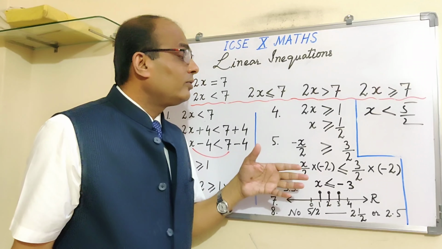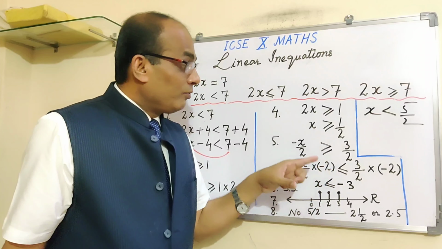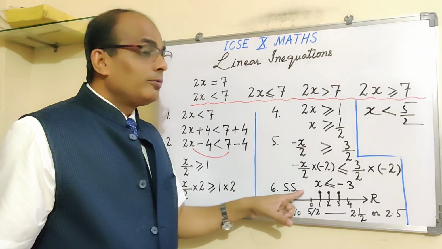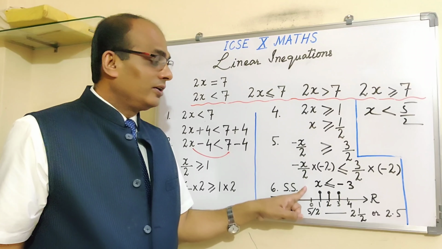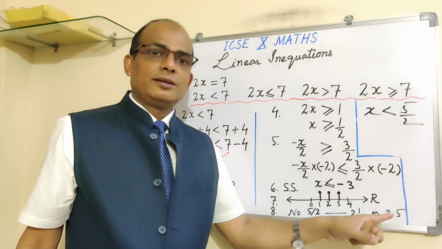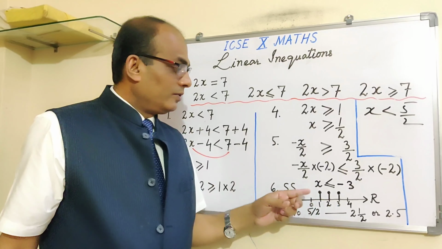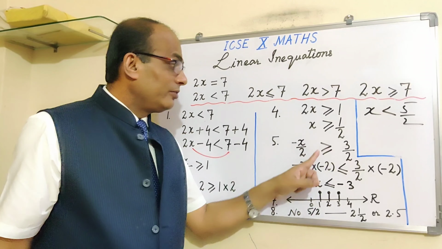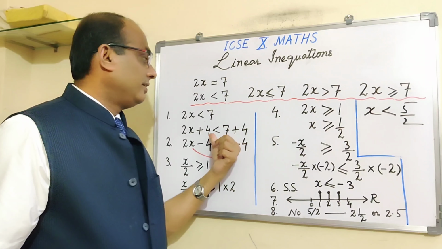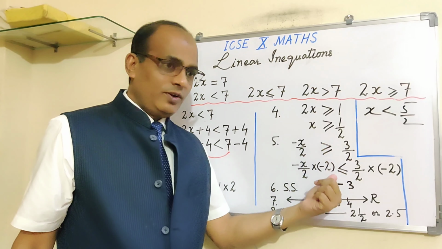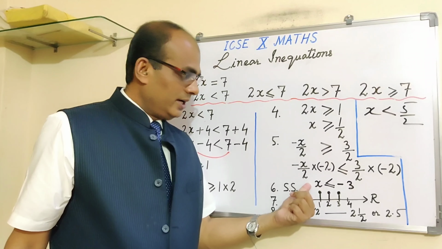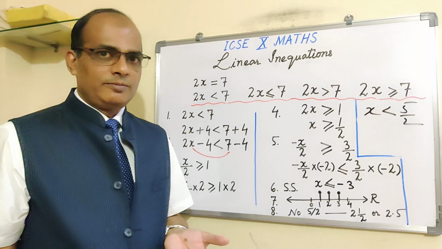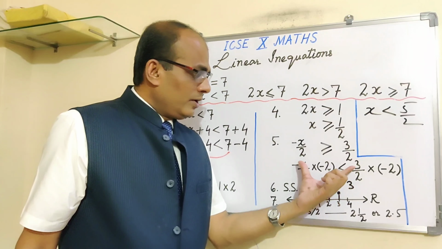Here only, there are some students who make mistakes. And once you make any mistake here, your solution set is going to be wrong. And once the solution set is wrong, even if your plotting is correct, you will lose marks. So you lose a mark here also, 1 mark for solution set. And 1 mark is for solving the inequation and getting the relation like x is less than or equal to minus 3, or x is greater than 2, or x is greater than or equal to minus 3 upon 4, whatever. So for this much,